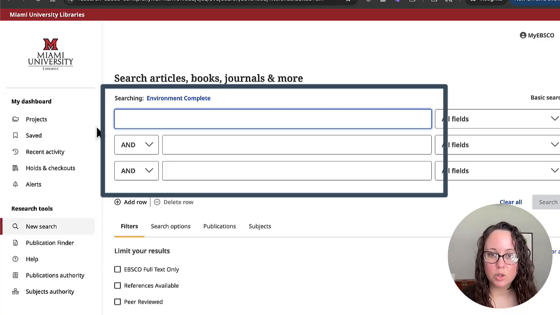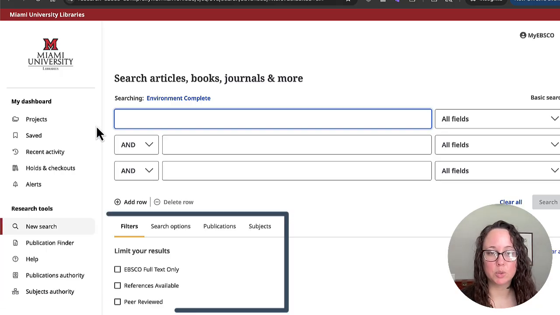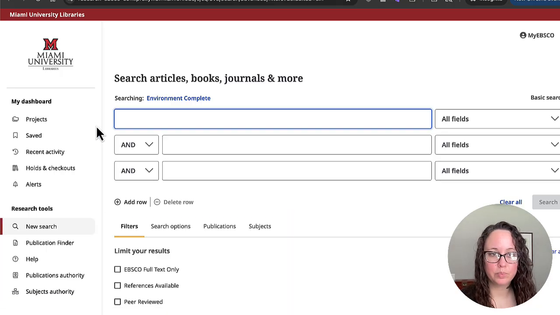You should see 3 search boxes at the top, a dashboard on the left, and a bunch of possible search filters below. My recommendation is to start on the Advanced Search page and search each of your subtopics separately. This way, you have an easier time combining them later on to find relevant information that may cover different aspects